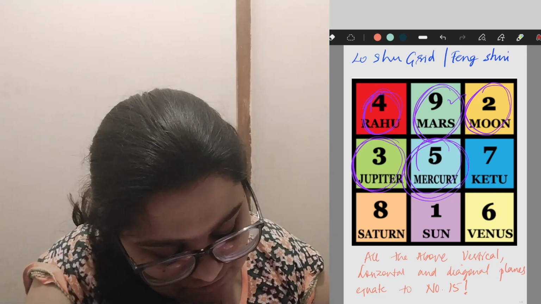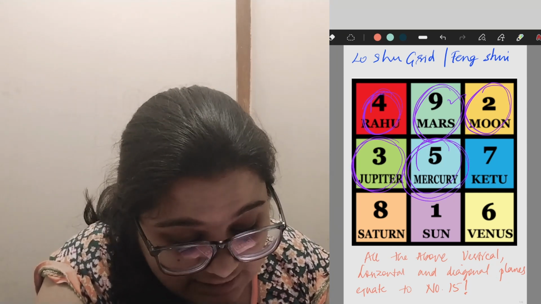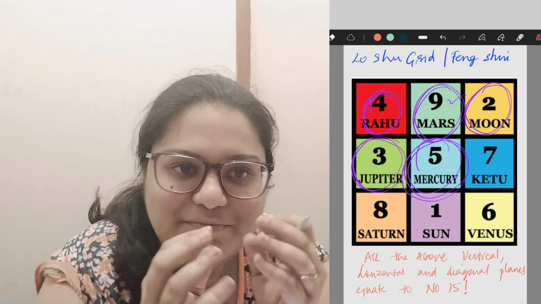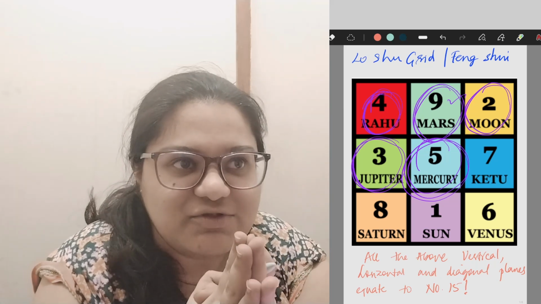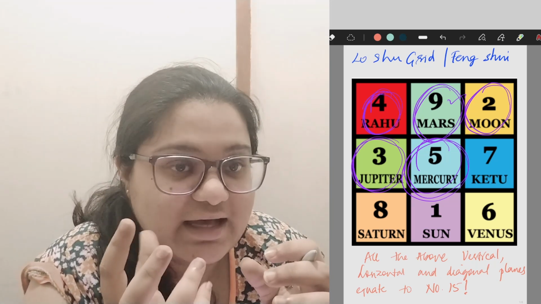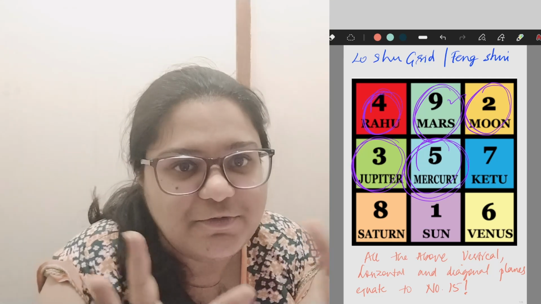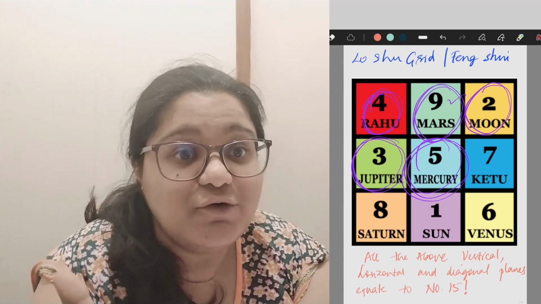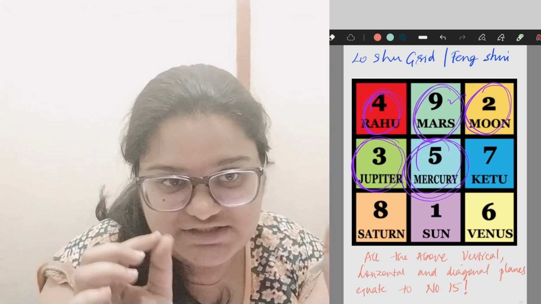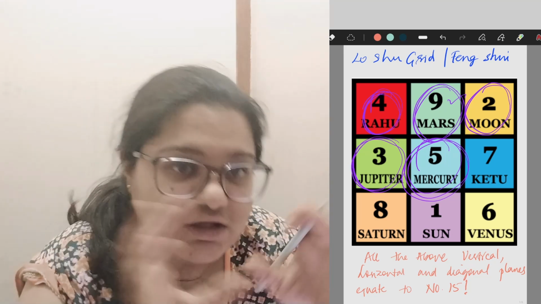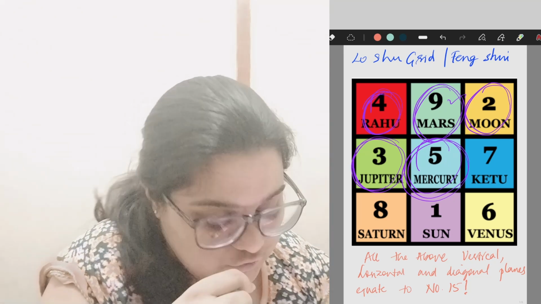Next comes number 5, or the planet Mercury. Now the number 5 numerology association basically talks about balance. Not just balance in terms of one sphere, like having a balanced life personally or professionally, but the accumulation of both your professional life and your personal and private life being balanced and in harmony, and whether you're genuinely satisfied with it or not. All of this comes into the aspects of number 5 Mercury.